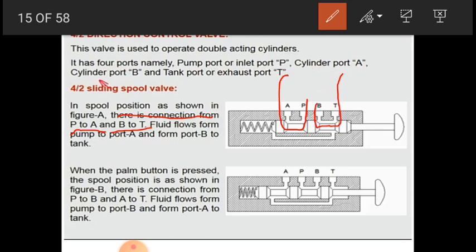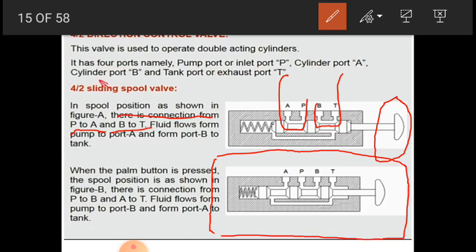Now, when the push button or palm button is pressed, the spool position is as shown in this figure. After pressing this push button, the changes in the direction valve will be something like this.